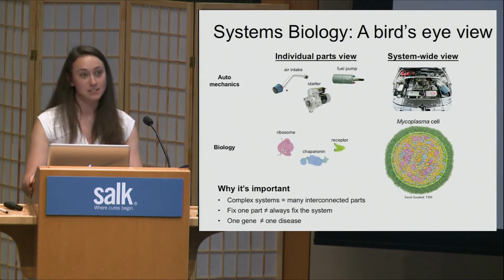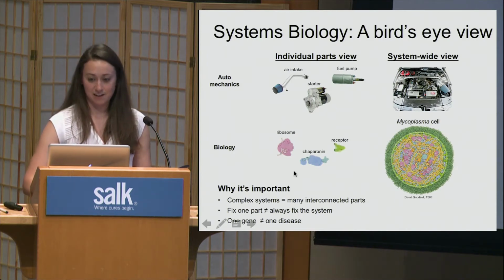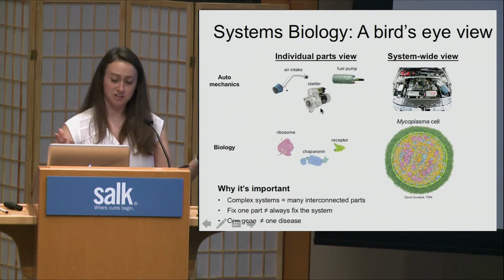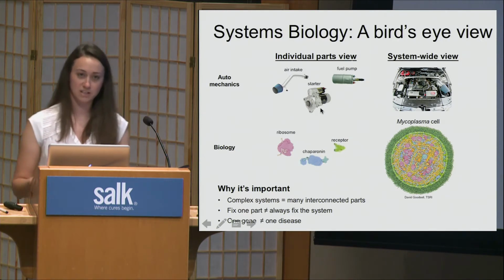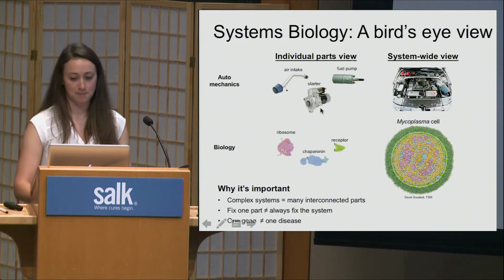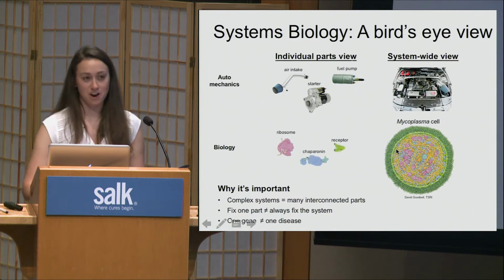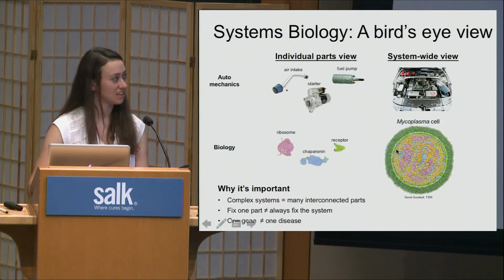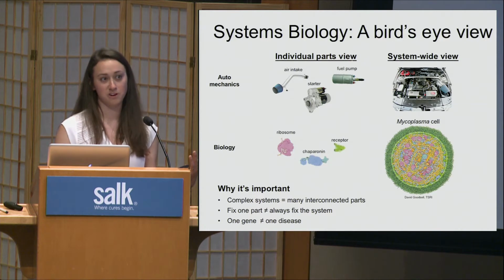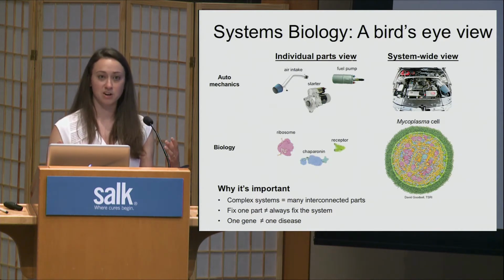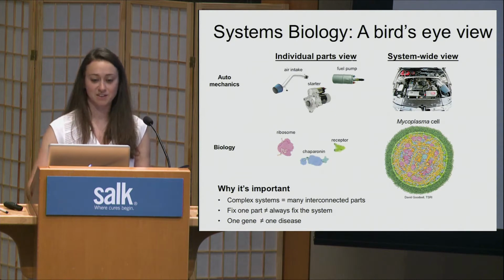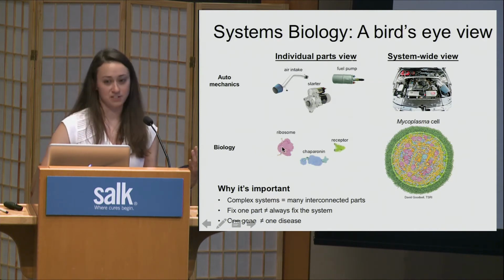Okay, so when I say systems biology or network biology, I'm talking about trying to understand how a collection of molecules work together to make biological processes happen. And this is similar to how different car parts work together to make a car run. Cells are like cars in that they are complex systems with many working parts. And if we just know what the parts are, but not how they are connected, it makes it really hard to diagnose problems when they arise. Kind of like how fixing one part of a car doesn't always fix the whole problem, or how one gene is not always the cause of a disease.